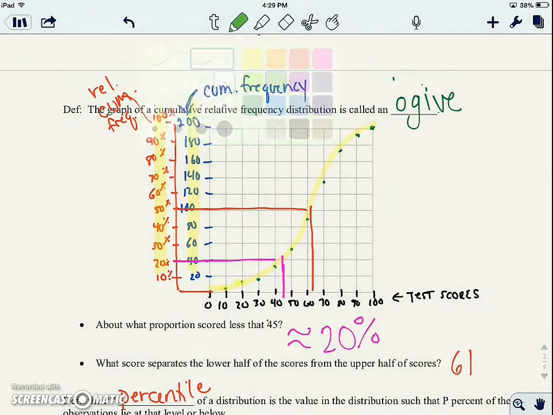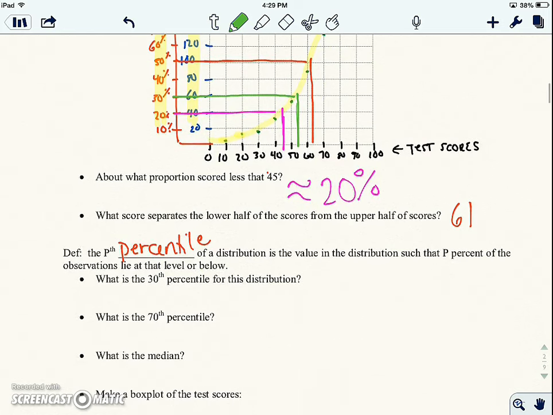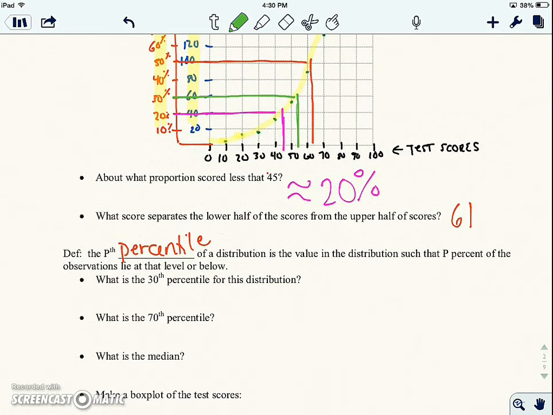Well, I go over to 30%, and I just want to know what score is that cutoff. And right here, it looks to be about 55. So 55 is the score. And I really need to put approximately, unless you're using a calculator. Okay, it's just kind of approximate. If I were using the calculator, you could get actual, perfectly pretty good data. But about the score of 55, there are about 30 people that scored less than